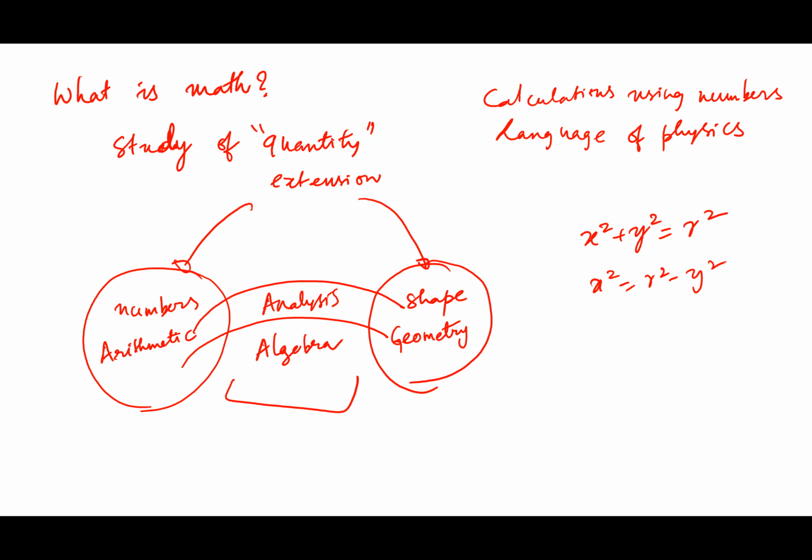So that's what mathematics is. It is primarily the study of quantity, which has both number, that is the number of parts, and shape, right? It is geometry, and you connect both of them using algebra. So that's why it is very, very useful for studying physics, because, I wrote it down, he said, it is the language of physics. Why is it the language of physics? Why is math the language of physics?